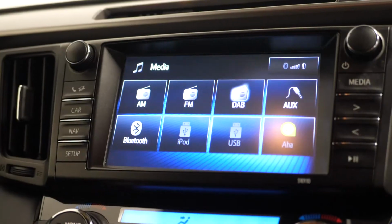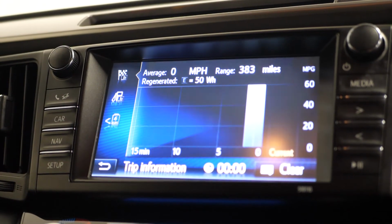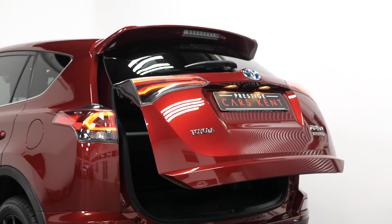key. You have the 7-inch touchscreen display where you can locate DAB digital radio, Bluetooth, satellite navigation, your trip computer and your Toyota online services. You have the reclining rear seats with the 60/40 split folding rear seats, and you also have the power operated